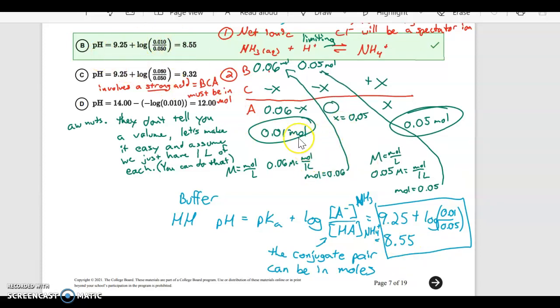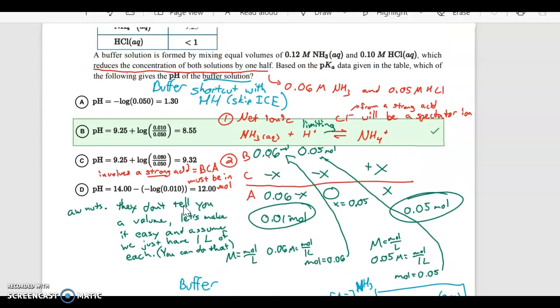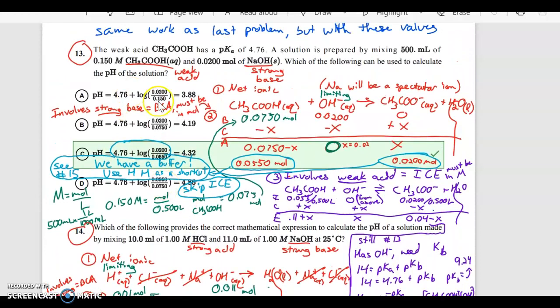So I'll show you an example here in just a little bit where if you do the ice table, you can get the same answer. It's just a whole heck of a lot longer process. But if you recognize that you have a buffer, and after doing the BCA table, all you have is the conjugate pair, then you can do Henderson-Hasselbalch. And so that's kind of nice. It's a shortcut. But let's take a look at the one that is written out really long, and that's number